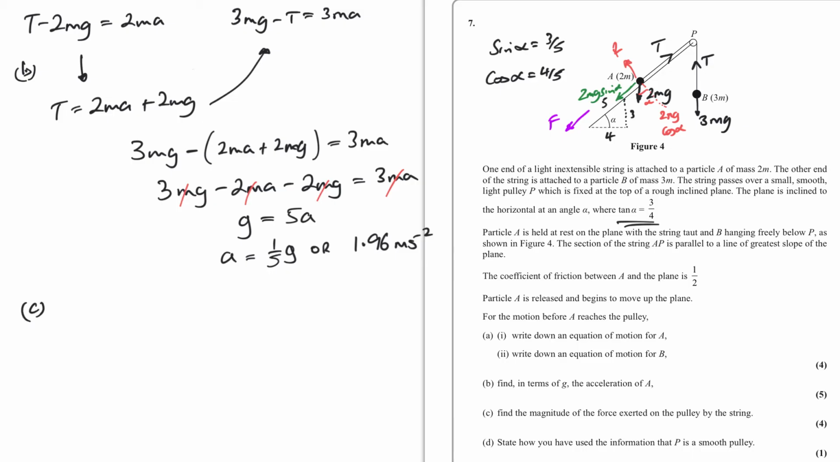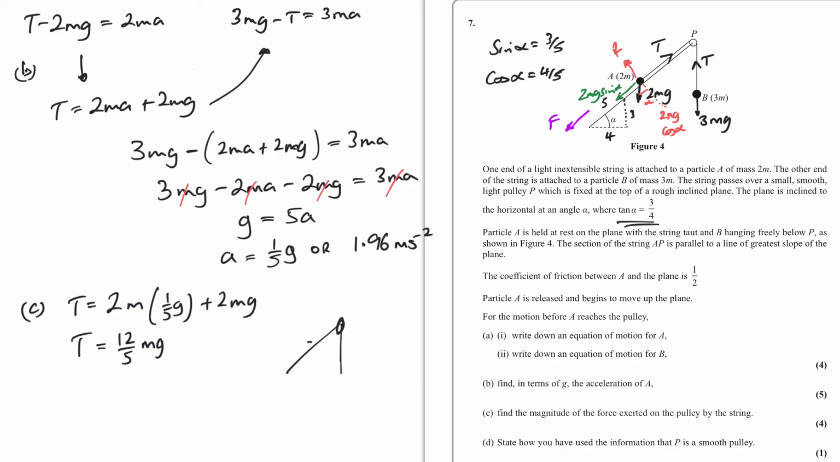Okay, now part C, before we go any further, let's find our value of T. So we've got 2m, now A is 1/5 g, is 2mg. So 2/5 plus 2 is 12/5 mg. So that's my value of T. And let's have a look at what's happening at the pulley